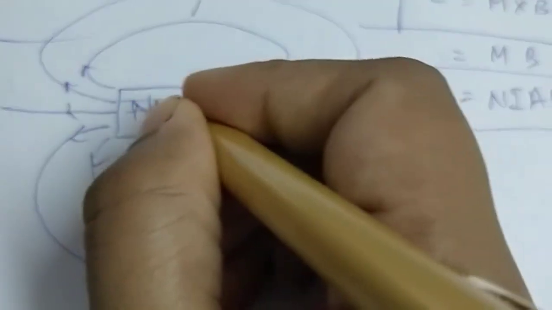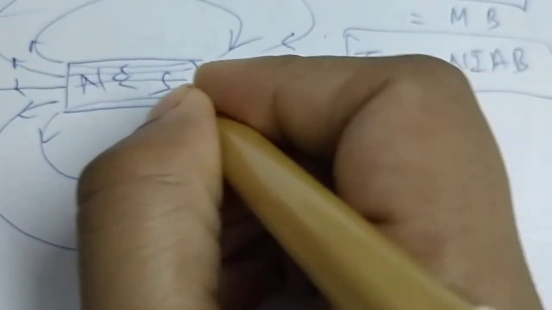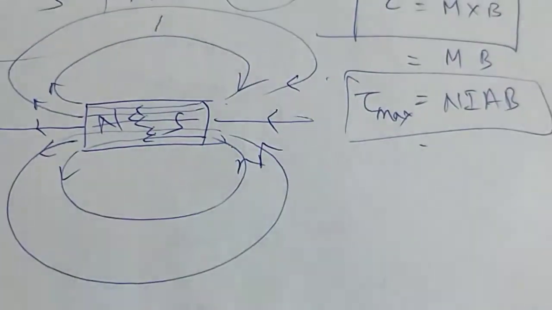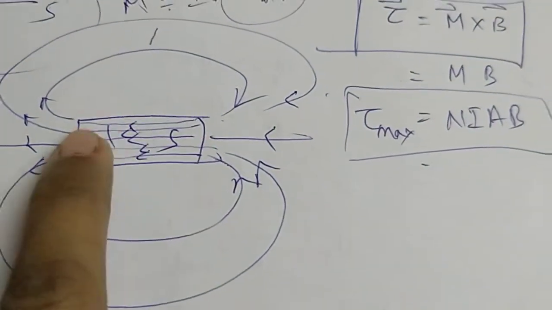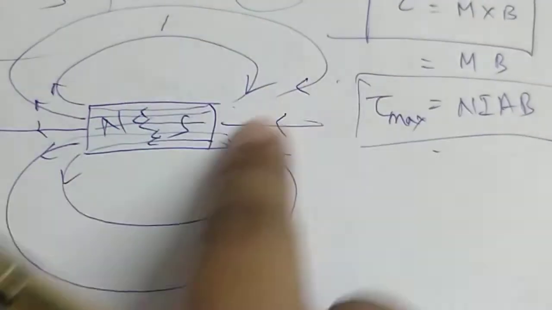Okay, so inside, if you have to complete these lines, the direction will be south to north, and they are always in a continuous loop. Just to avoid this confusion, here we don't draw lines. That doesn't mean that it starts here and ends here. It is a closed loop, it will always be a closed loop.